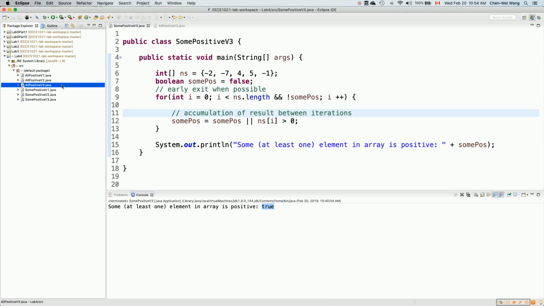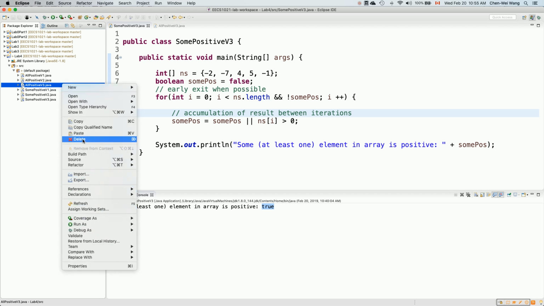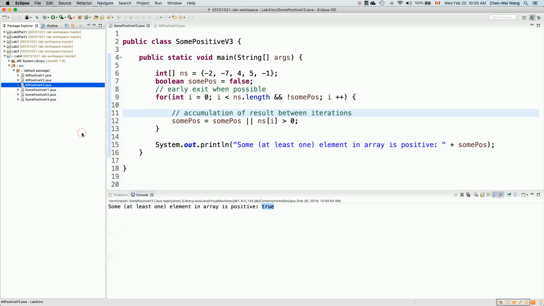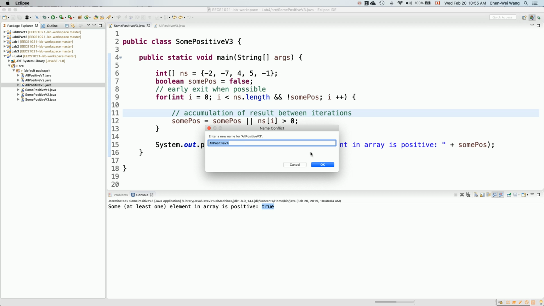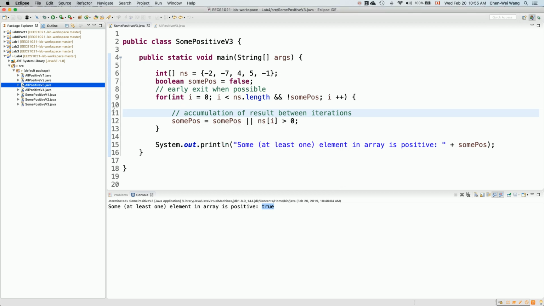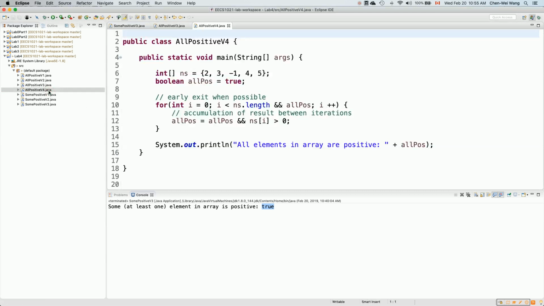So now can we right click on all positive version 3, and then you simply say copy over here, and then right click and say paste. And then over here, we're going to say version 4 for all positive. You will say OK over here. Okay. And now if you double click on all positive version 4, the only thing I want you to do,